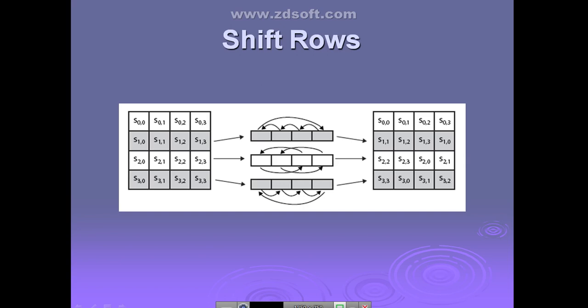From the second row, they are shifting one byte. See here, the second byte becomes the first byte, the third byte becomes the second byte, the fourth byte becomes the third byte. Like this, they are performing the circular shift operation, bytewise. Is that clear? One byte shifting they are doing here, circularly, with respect to the second row.